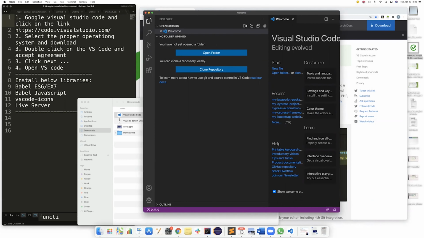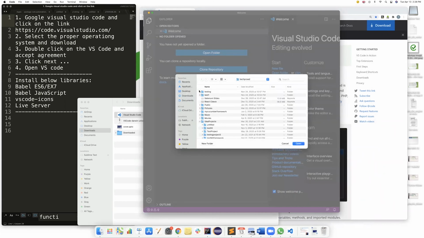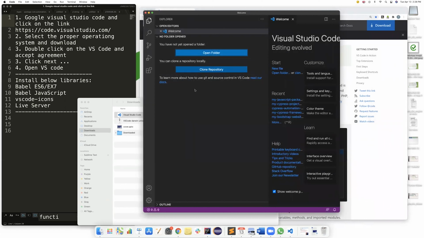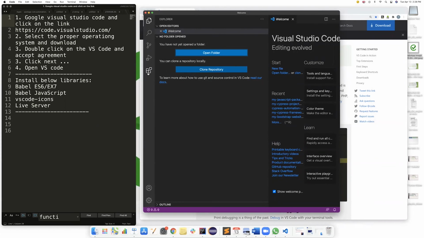So I now can open a folder, or I can create a new folder. So I will install some of the libraries used in VS Code. So click on the last one